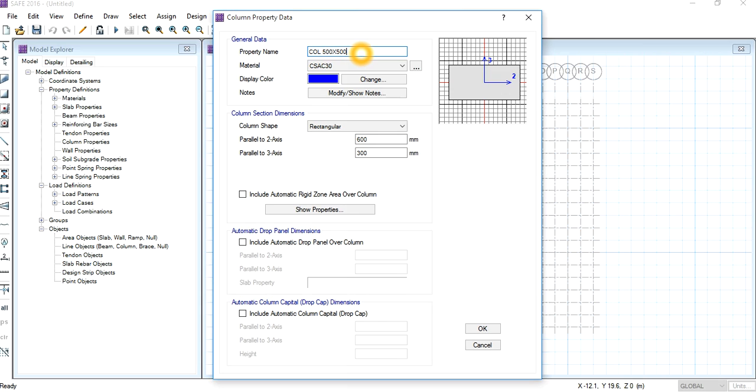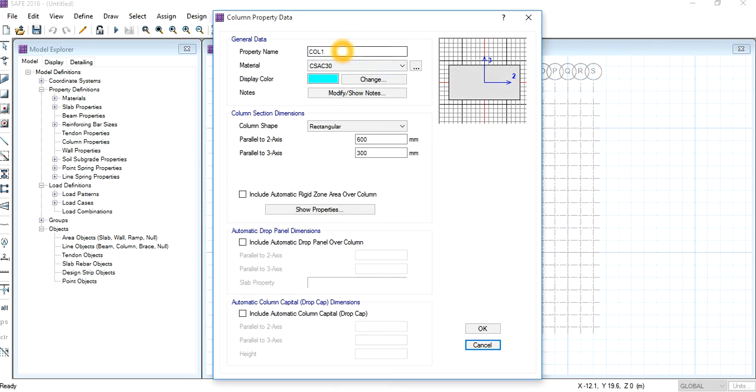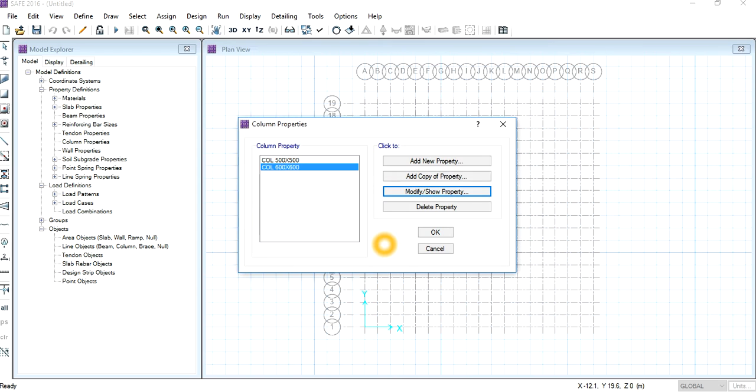So we will only define two columns. Select the material as M40, give the dimensions as 500, click on OK. Similarly, add column 600 by 600, click on OK, click on OK again.